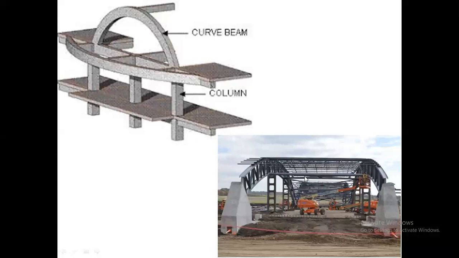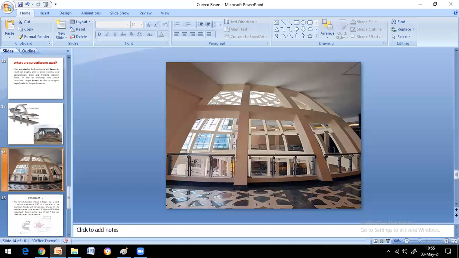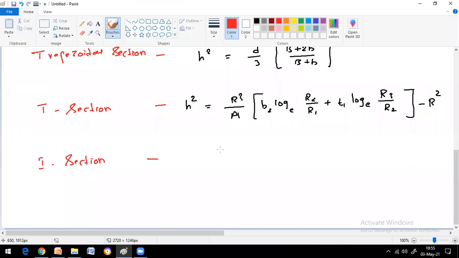Understand? So if you see this curved beam, what is the cross section of this curved beam? This is a rectangular curved beam. Sometimes the curved beam might be a circular curved beam. So like this, the cross sections will vary in real applications. That's why we have to know, because majorly this will be useful in mechanical industries, where they're going to use different sections for making beams into curved shape. Right, so let me write for I section as well.